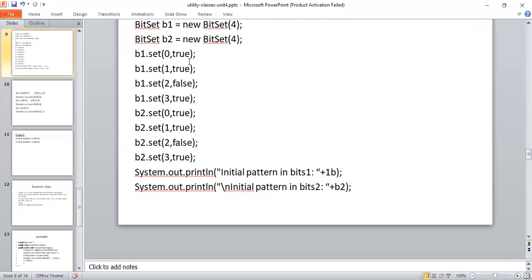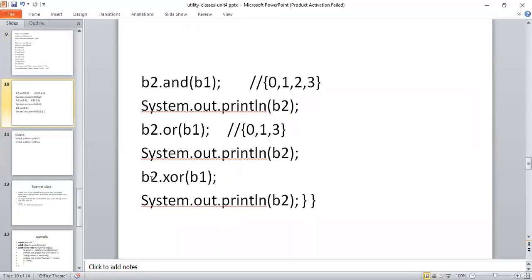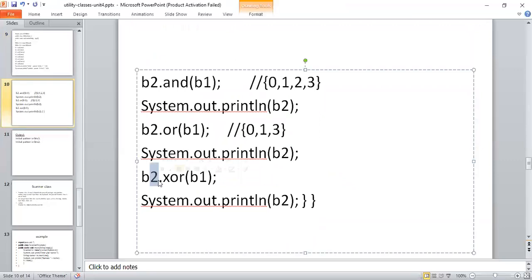Suppose here I have a true and this value. So here I'm going to calculate exclusive OR on B1 and B2. Observe. According to the exclusive OR method, the first value is true, the second is false, then the result is true.